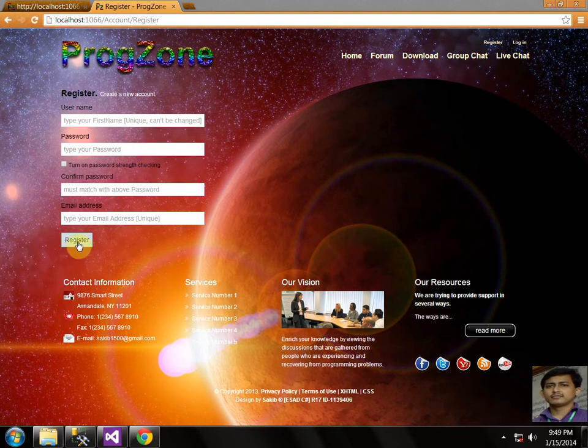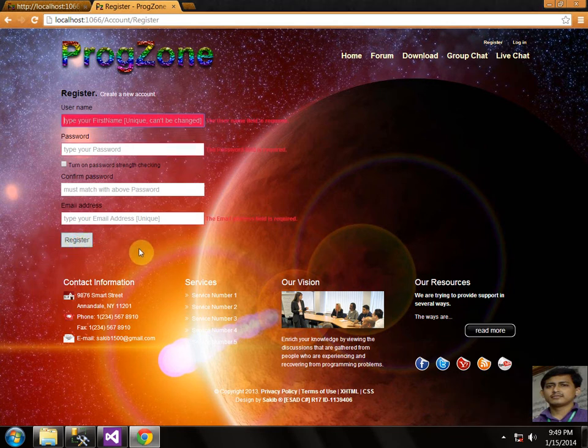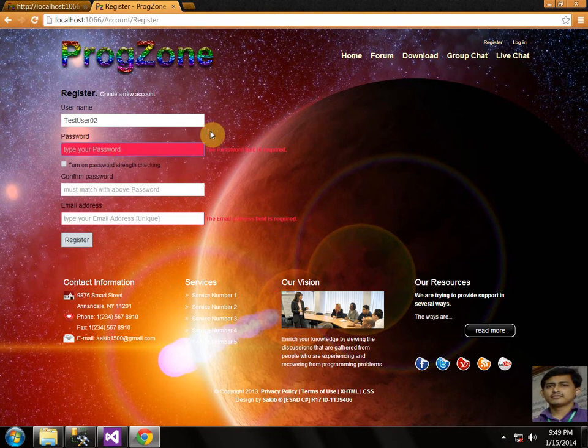if we are going to click on the register button, it is not going to send anything, and it is going to warn about 3 things: that the username field is required, and the password field is required, and the email address field is required. So we have to provide all these necessary things. So the first one, I'm going to use a name. It can be a test user or test user 2. Okay, and I'm giving a password,